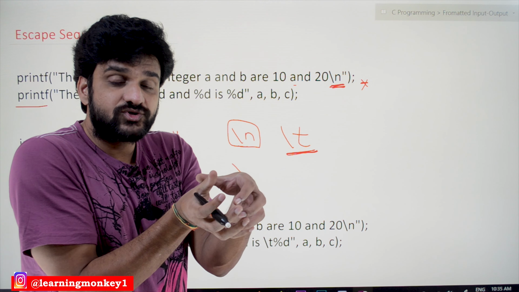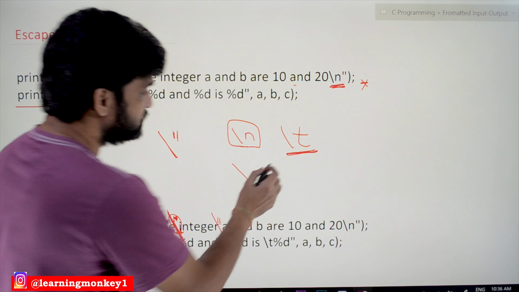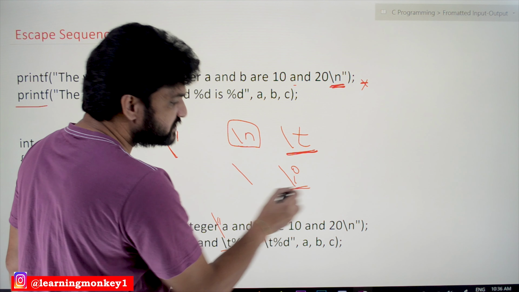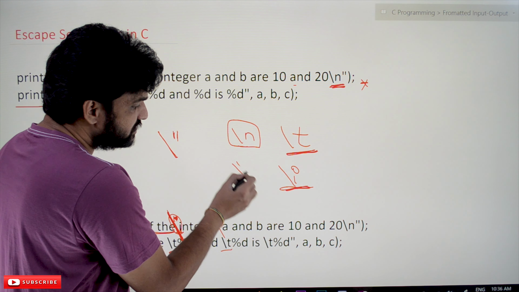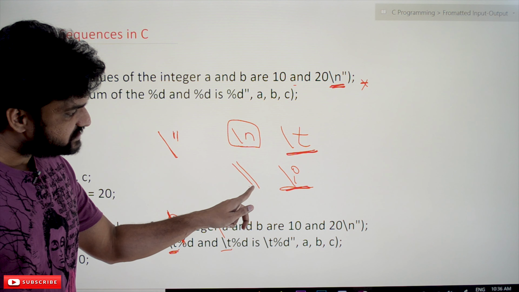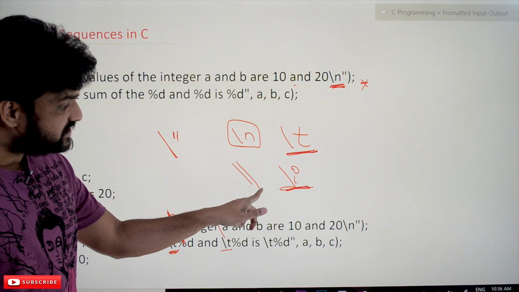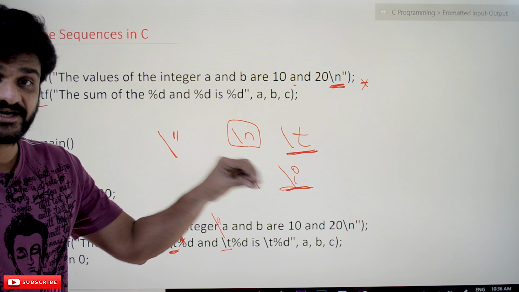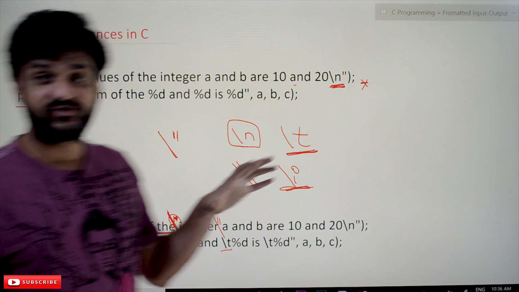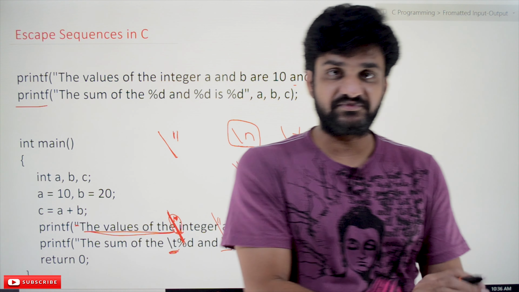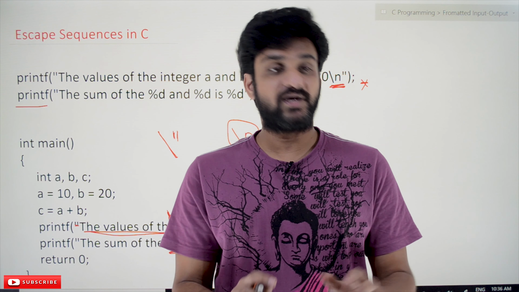So now the compiler will generate a warning stating that \i is not there. There is no such kind of escape sequence. So in order to print the backslash within this format string as a character, we have to use another backslash. This is the backslash, and this backslash is considered as a character, so the character will be printed as it is. So these are some of the escape sequences that are available. Hope you got it.